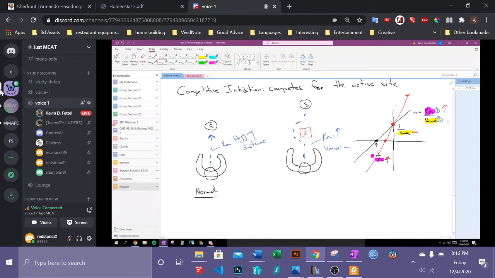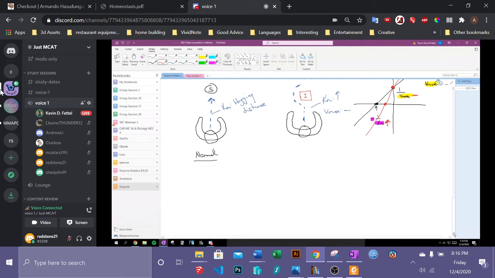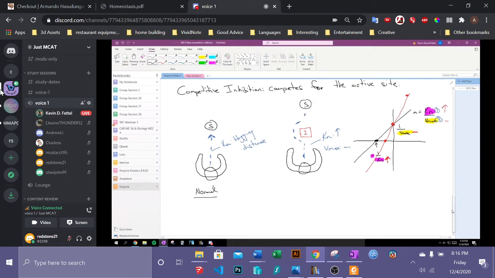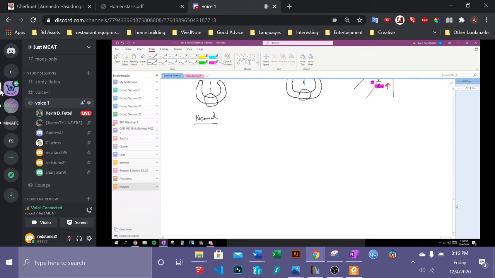Okay, easy, easy, easy. Okay, let's do another one. Let's talk about this saturation business that Redstone brought up. I don't typically talk about it because it gets kind of confusing, but let's talk about it. So you may be asked on an MCAT question, how would you reverse a competitive inhibitor? And the answer simply is, well, you just add more substrate. Okay. So if we had this situation,